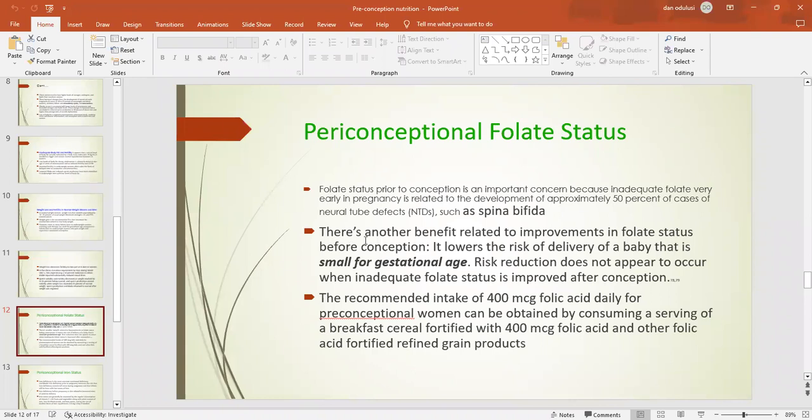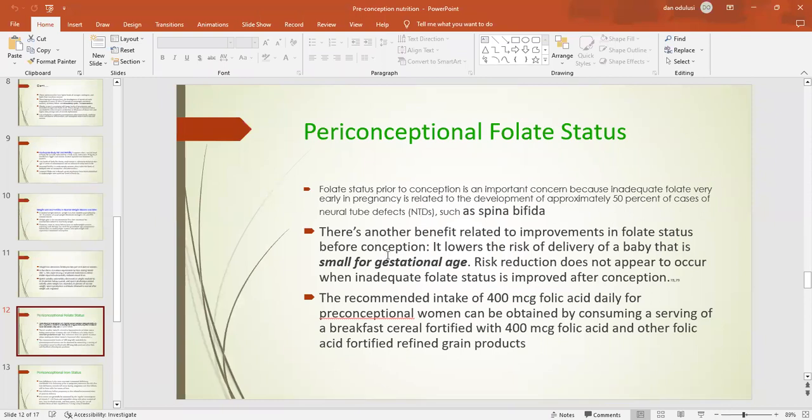There is another benefit related to improvements in folate status before conception. It lowers the risk of delivery of a baby that is small for gestational age. Risk reduction does not appear to occur when inadequate folate status is improved after conception. So here we are stating that